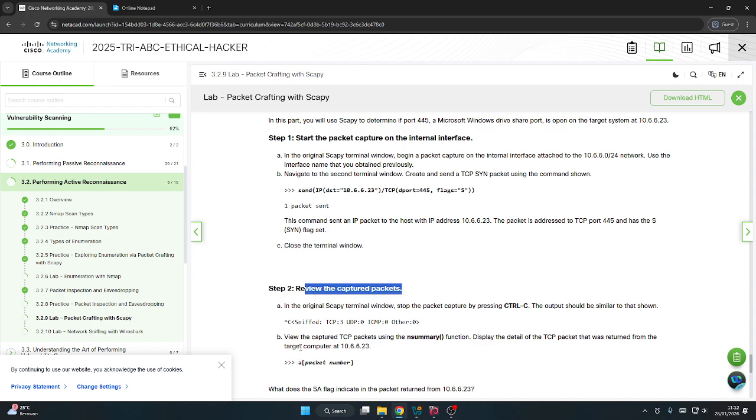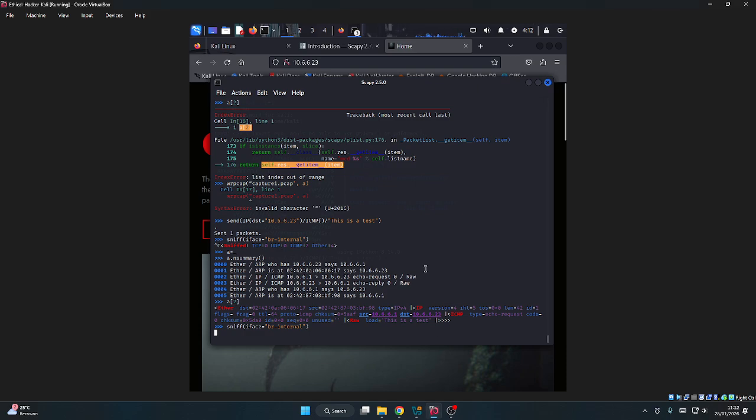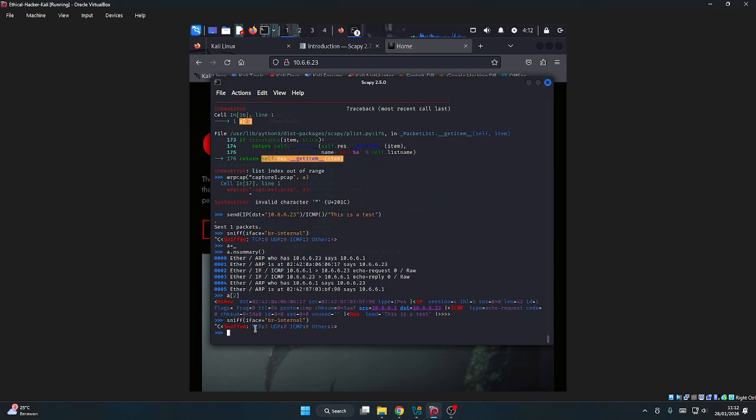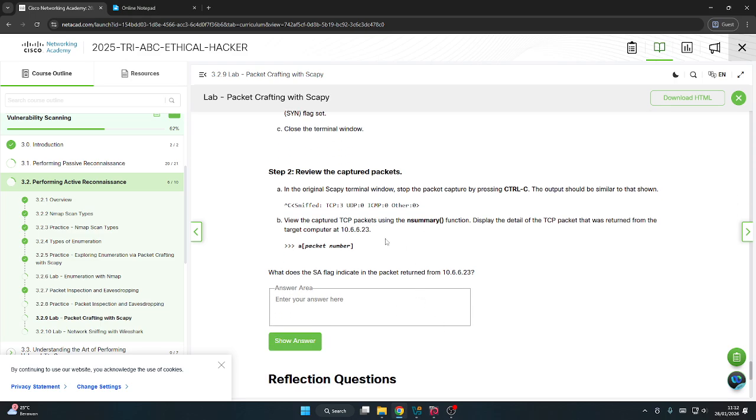Review the captured packet in the original Scapy. We will use Control C. There's a TCP 3 and another 4, and use the summary like before.